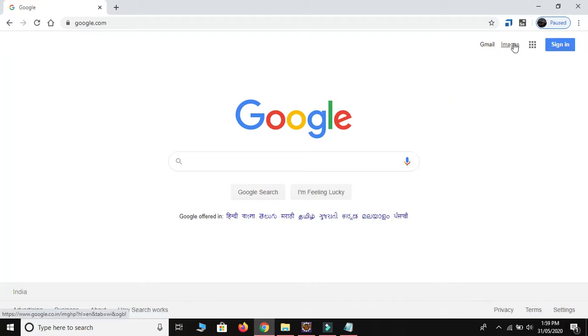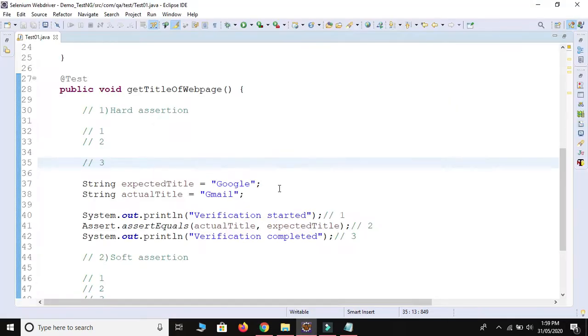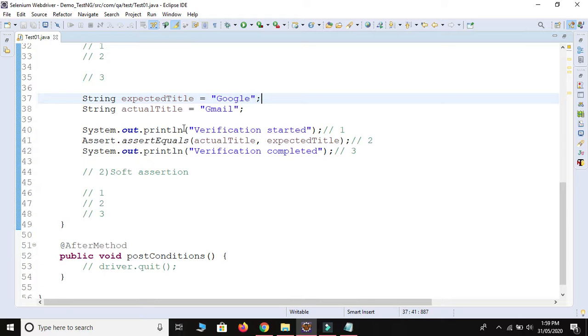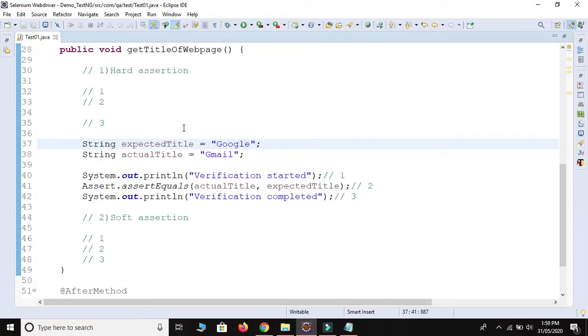It will not verify this web element. So this is the simple concept of hard assertion. Sometimes in JavaScript we need to use hard assertion also. If we get an exception at line number 2 or at any line, it will not execute the remaining lines. This is the example of hard assertion.